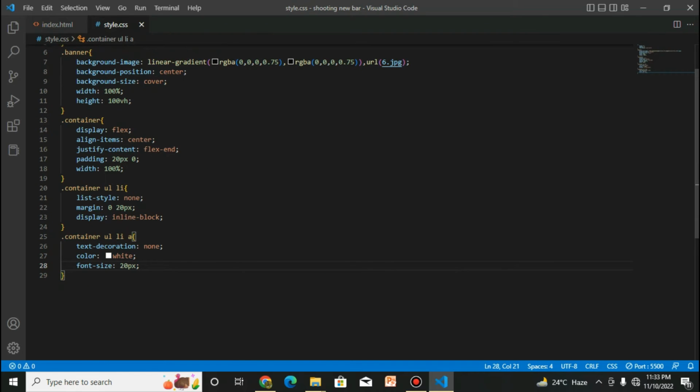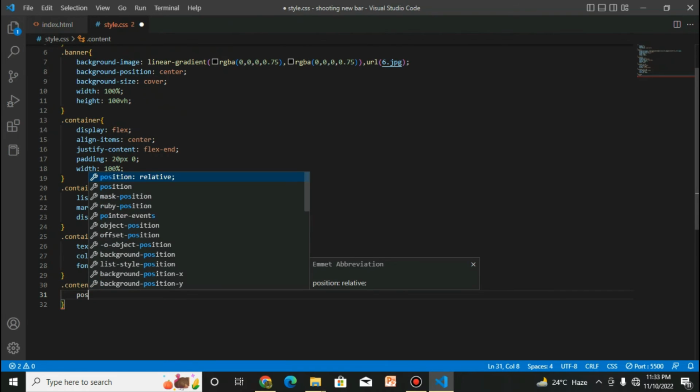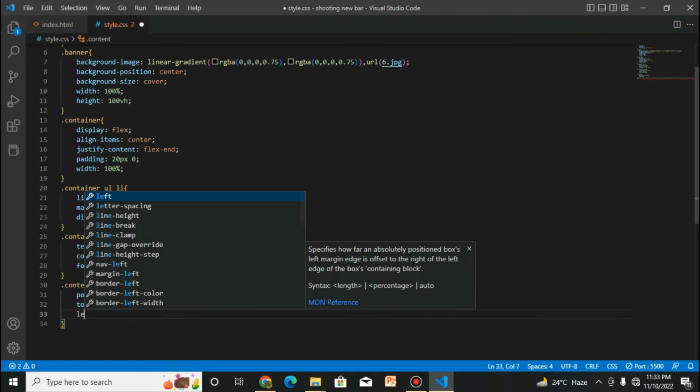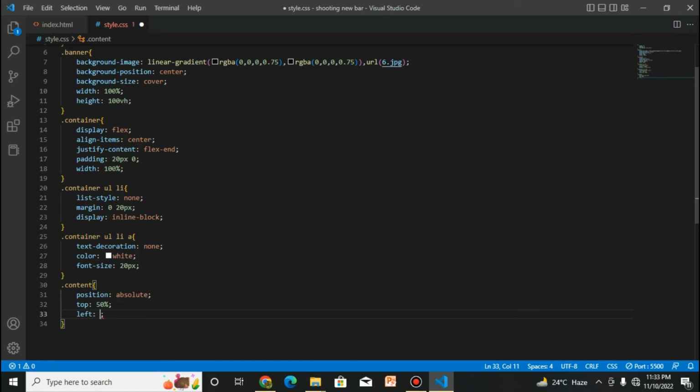Let's come back to the CSS file. Here add dot content. For this content add position absolute and top it will be 50%, left it will be 35%,